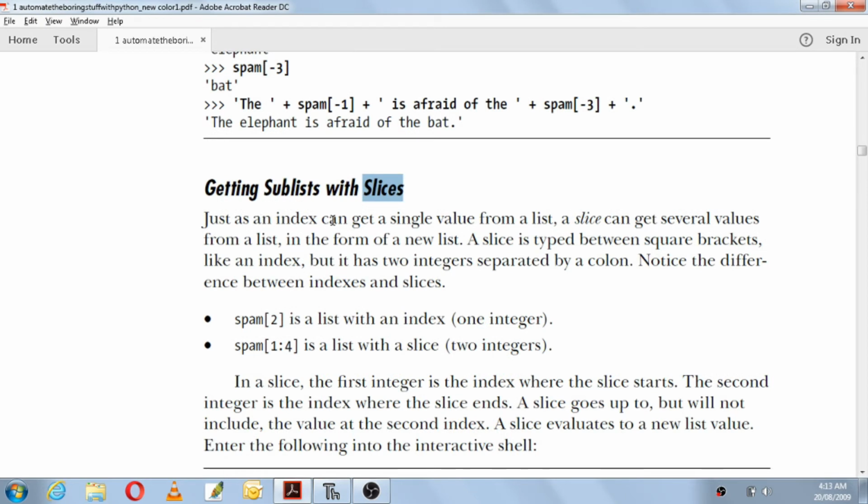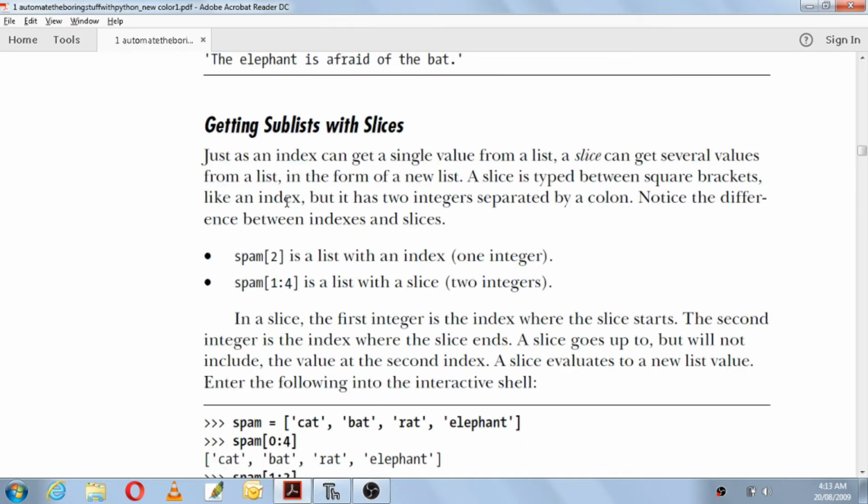Just as an index can get a single value from a list, a slice can get several values from a list in the form of a new list. For example, an index will help you get a single value, whereas a slice will help you get several values.